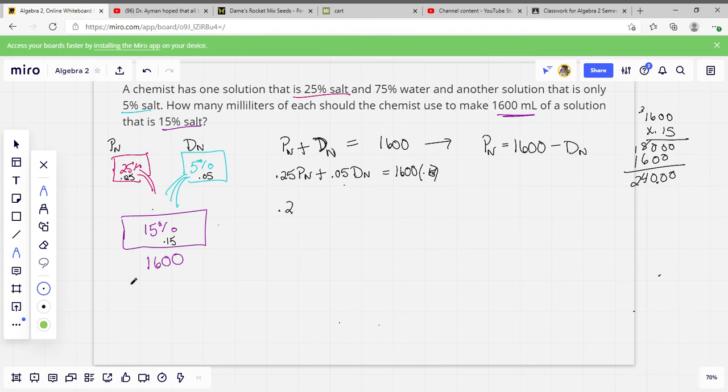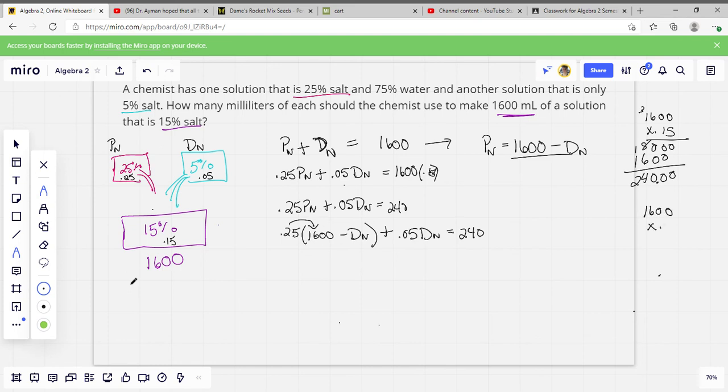So 0.25 PN plus 0.05 DN equals 240. Then I'm going to fill this value in for my PN, so 0.25 times 1600 minus DN plus 0.05 DN equals 240. Now I'm going to distribute that, so